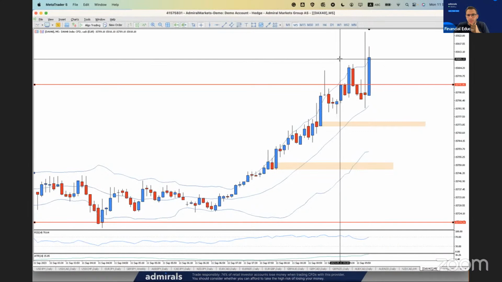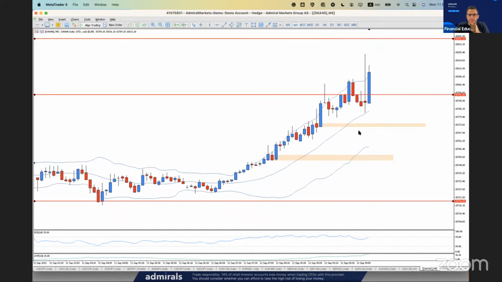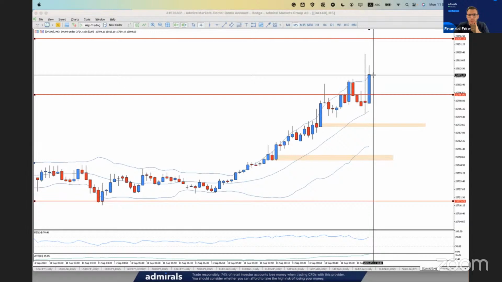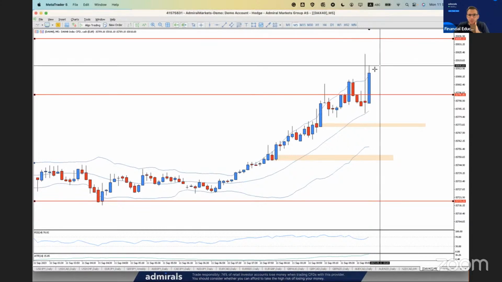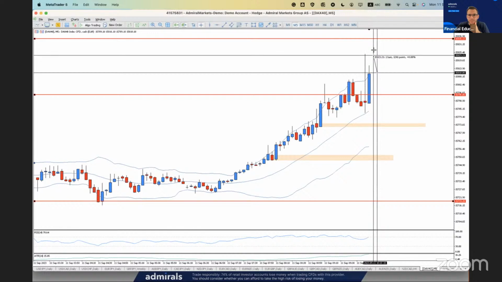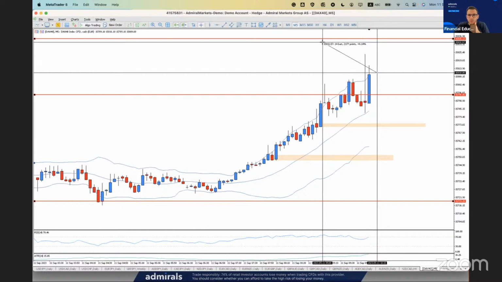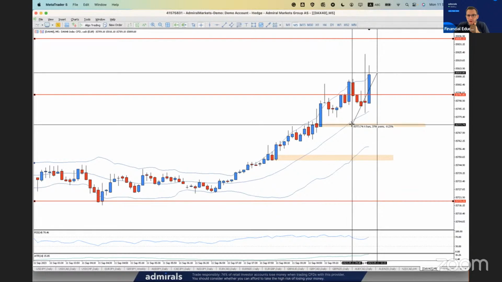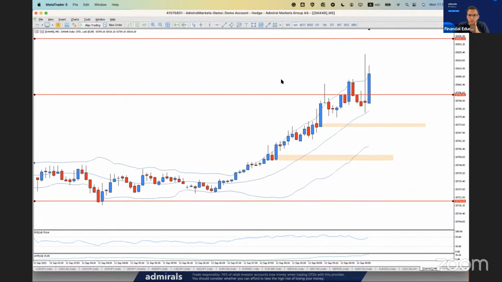For me, it's worth some attention. I turn it to the 5-minute chart on the DAX. So bearish divergence. Price made a false breakout with this pin bar here. What we want to see, ideally, we want to sell the high with a stop loss somewhere about 20 points, and we target 40 points. So I would like to do that.